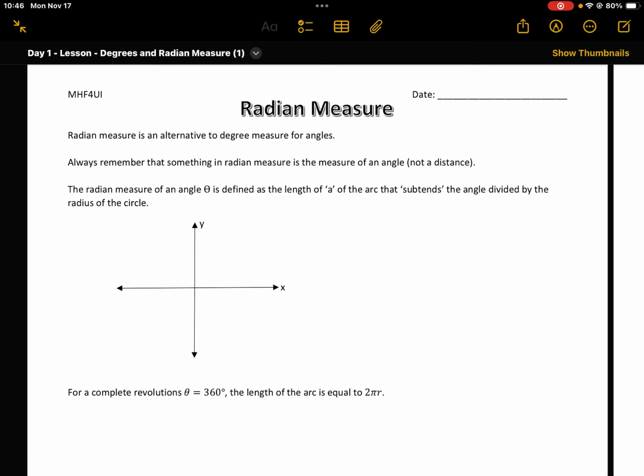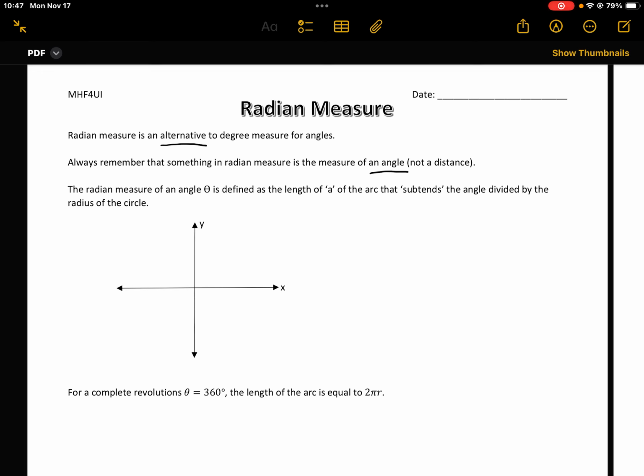Radian measure is an alternative to degree measure for angles. It's like using meters or miles to measure distance, or Fahrenheit or Celsius to measure temperature. Remember that something in radian measure is the measure of an angle, and the radian measure of an angle theta